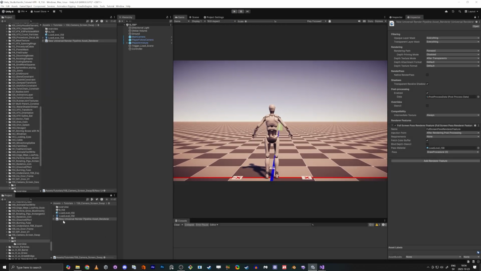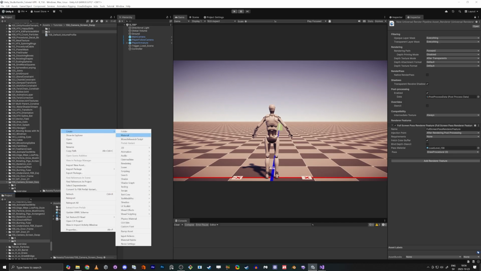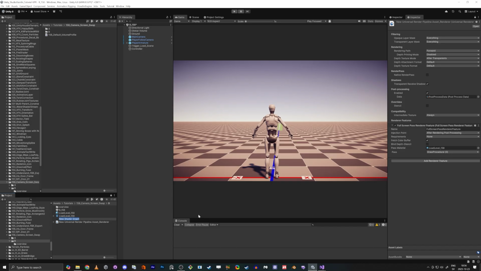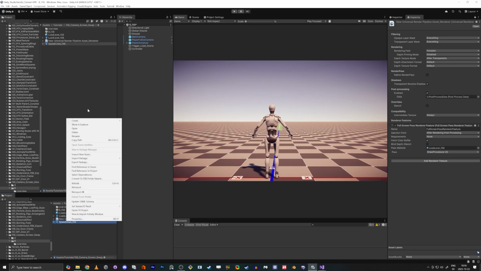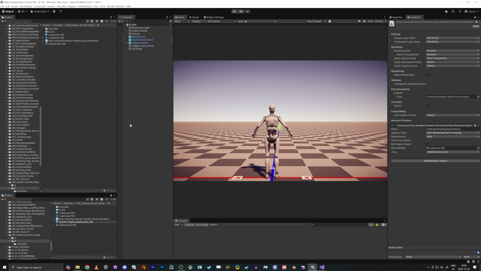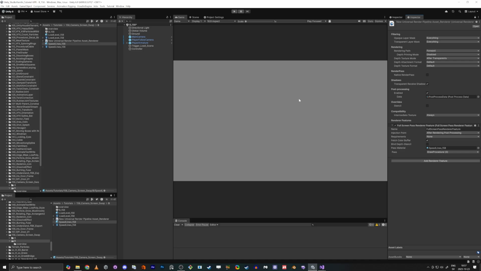So first we're going to create this speedline script, well, shader, and we do full screen shader. So this is going to be the running lines, speed lines. That's going to be good. And then we just make a material of it. So if we add the speed lines now, it's great, and that's expected. So if we open it up, the shader,